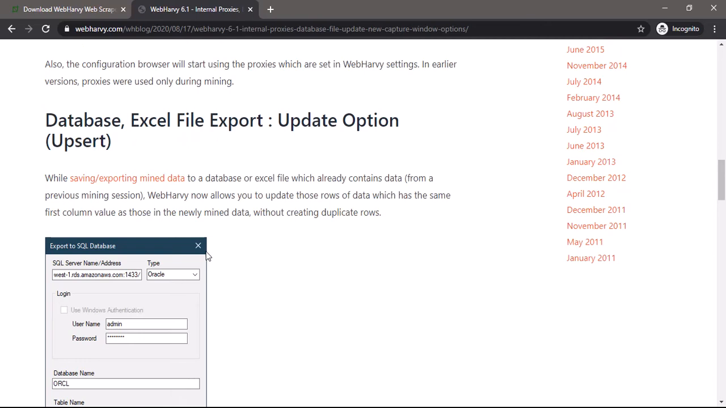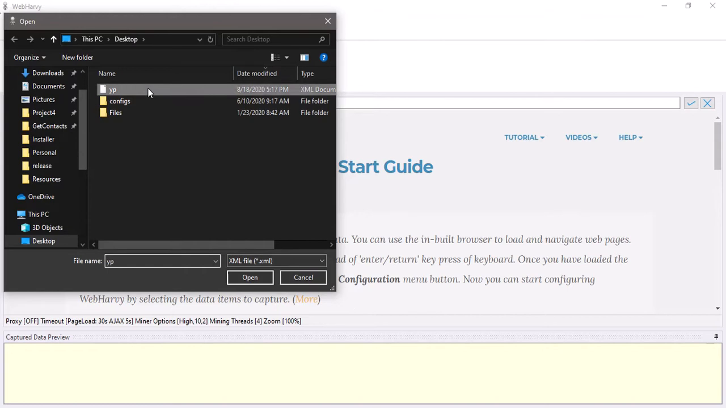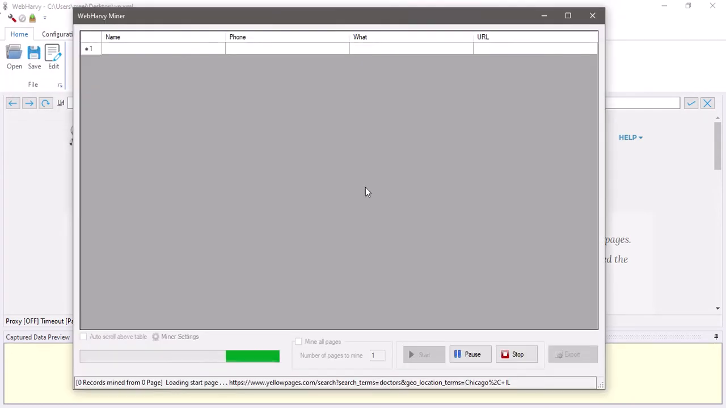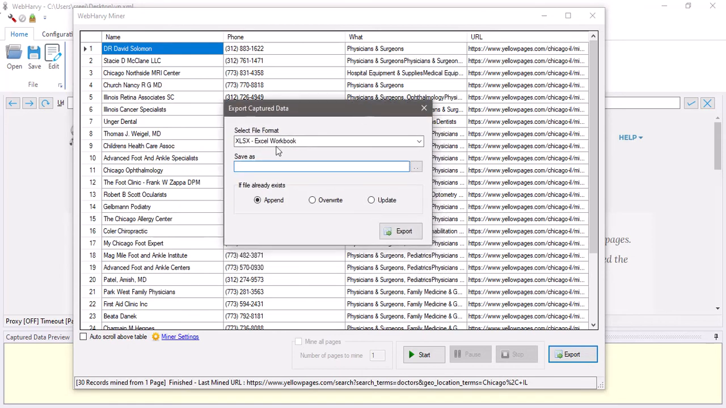Another important feature in this release is the update option for exporting data to database or file. Earlier, only overwrite and append options were available. If we mine using a sample configuration and try to export the data to a file or database, you can now see that WebHarvy asks what to do if the file already exists, whether to append the data, overwrite the file, or update the existing rows